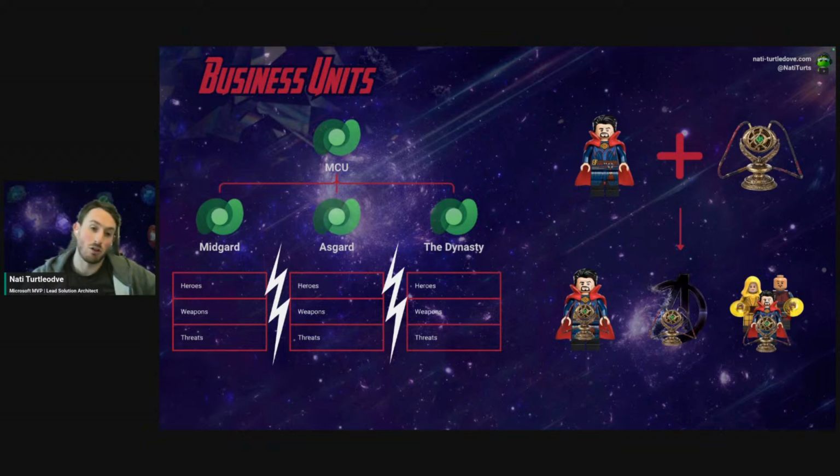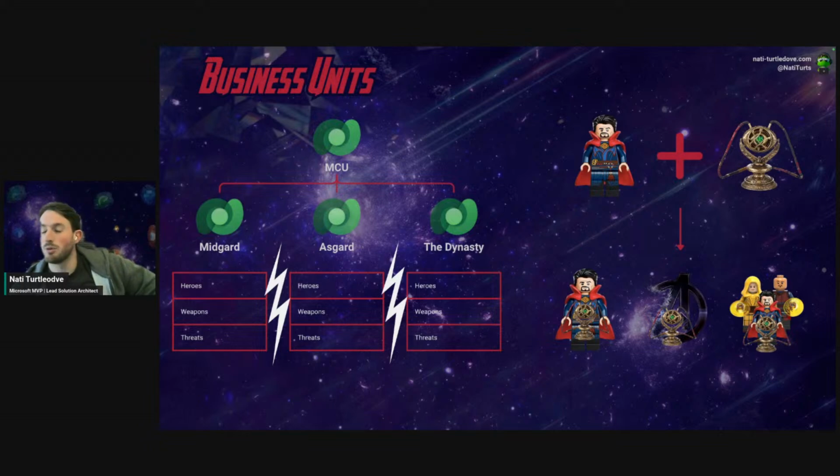And that means if we've got a security role that says you can only see data within your business unit, users within our Asgard business unit over here wouldn't be able to see this record if it belongs to the Dynasty, and vice versa. They wouldn't be able to see records that belong to the Asgard business unit. So that's our introduction into how we can segment data from business units, a very high level understanding. I did mention at the beginning that we call it the triple threat, so we'll see how this all ties in together with teams and security roles shortly.